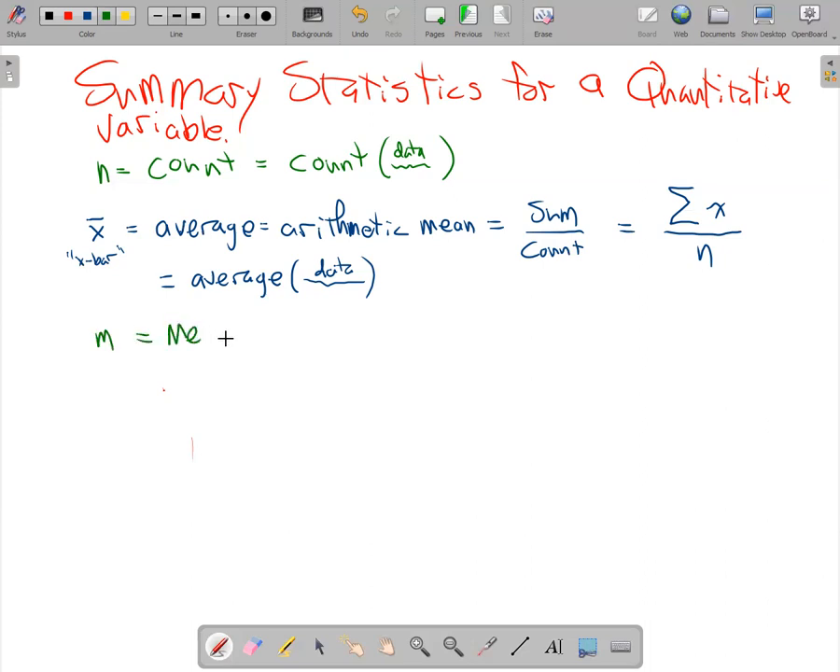M, the median. On a spreadsheet, it is just median, parentheses, point the spreadsheet to your data. And again, we'll try these in a minute, kind of small data set by hand, and then bigger data sets on the spreadsheet. If you have more than 10 or 20 numbers, it just makes sense to use a spreadsheet, not a calculator. The median is the middle number